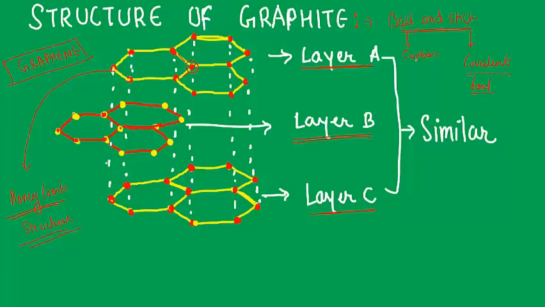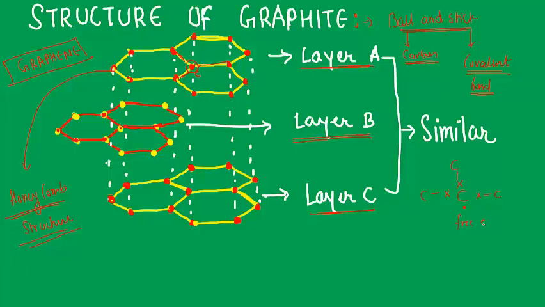If you observe this carbon atom, it is bonded to 3 other carbon atoms. This is the first carbon, this is the second carbon, this is the third carbon atom, and we know that each carbon has 4 valence electrons. So if this carbon atom is bonded to 3 other carbon atoms, it means there is one